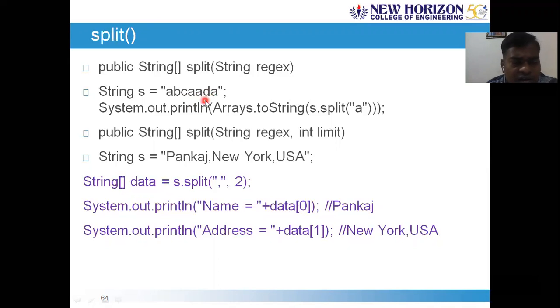And take another example, that is Pankaj, New York, USA. So I'll try to apply s dot split of comma. So split function can take two arguments. In this example, the first argument always will be a separator character, which is to be considered for the split of the string,